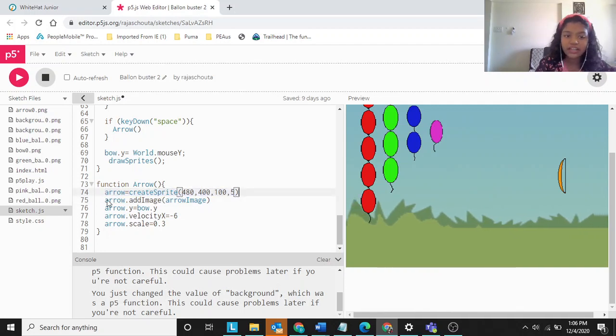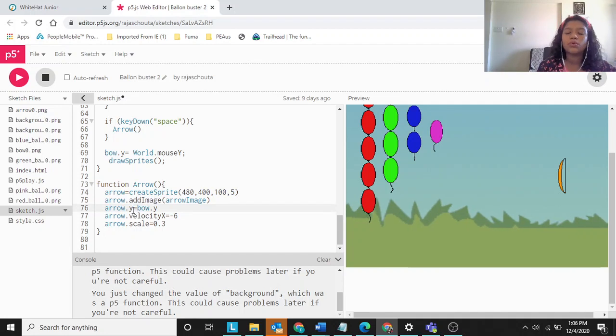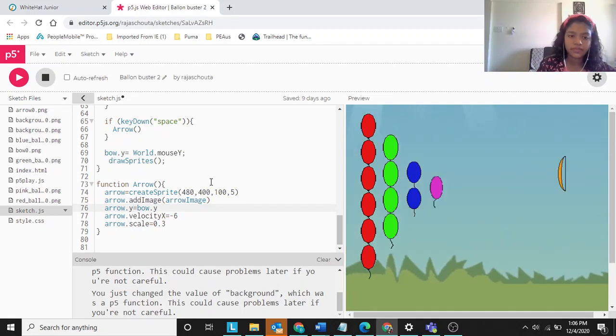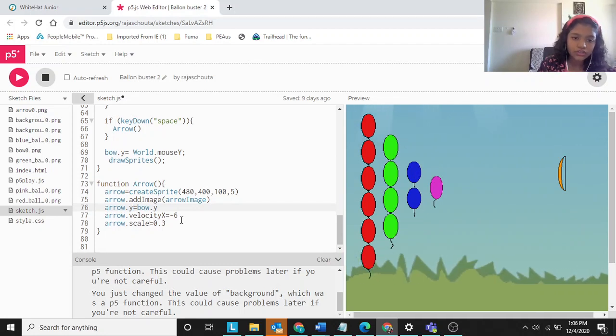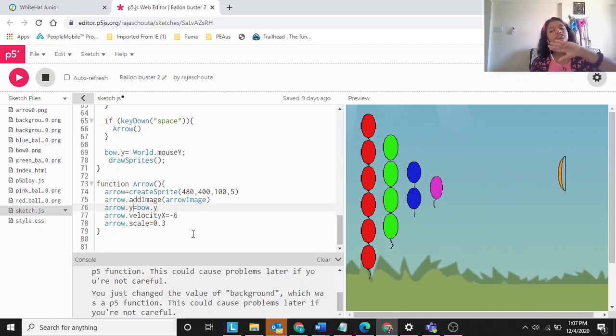To create a sprite, to add the image, and arrow.y equals bow.y. That means the arrow should go wherever the bow goes. And next, arrow.velocityX equals -6. That means whenever we press, the arrow will start moving. And then they have scaled the arrow. So everything will be applied when you press space, and the arrow is going to move in a proper way.